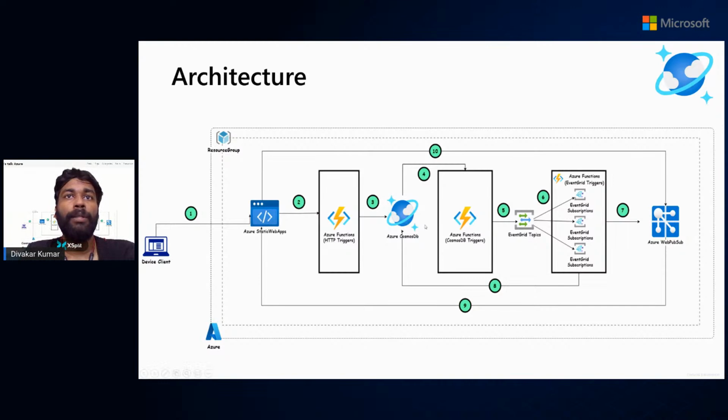From Cosmos DB, one way of listening to these events is using the Cosmos DB trigger, or the other way is using the change feed processing library. But the efficient and easier way is using the Azure Function. Internally, this also uses the change feed processing library, which allows you to listen to those change feeds and publish those events downstream. After it has reached the Cosmos DB trigger, I am publishing this event to an Event Grid topic, as we have seen earlier.